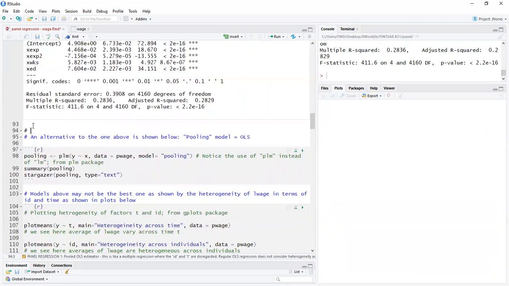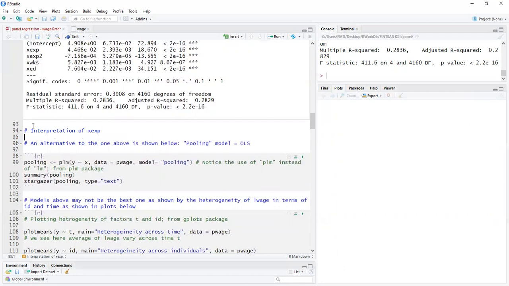Interpretation of XEXP. For every 1 year, that's B1 is equal to 0.00468. So for every 1 year increase